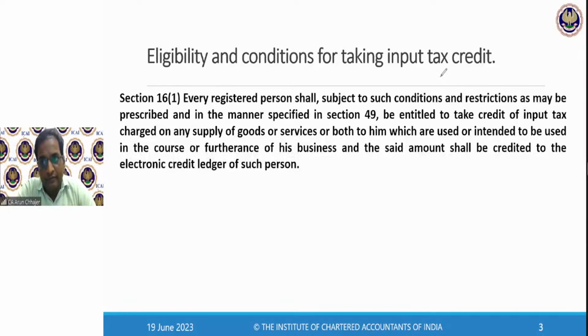I am talking about the question from a practical aspect. How will this be credited in the electronic credit ledger of the recipient? Very simple question. Now, the form would be GSTR 3B. Sir, how is the amount credited in the electronic credit ledger? The amount is credited in the electronic credit ledger by GSTR 3B of the recipient. And as a reason,